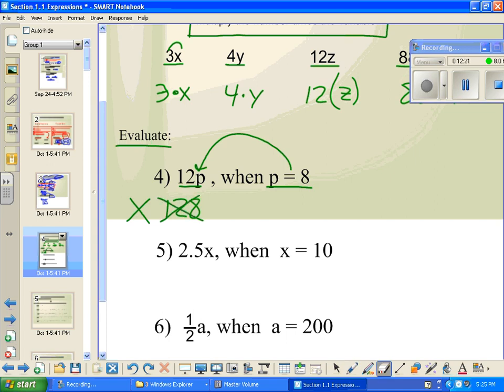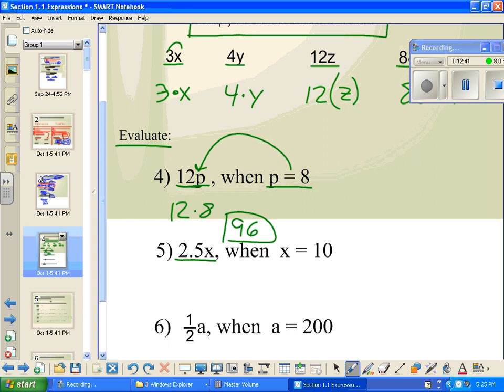That's why kind of above there I went through. 12 next to p means you're going to multiply. So you could rewrite it just like this, 12 times p. In this case, p is 8, so 12 times 8. Okay, what do I get for an answer there? 96. But that's what that means. When 12 is right next to p, this means multiply. Okay,